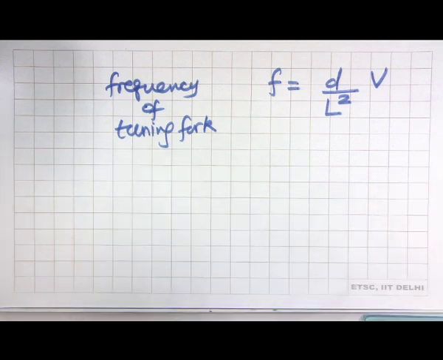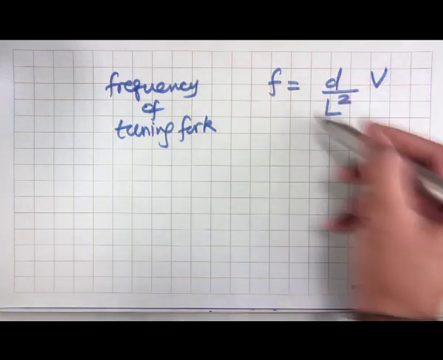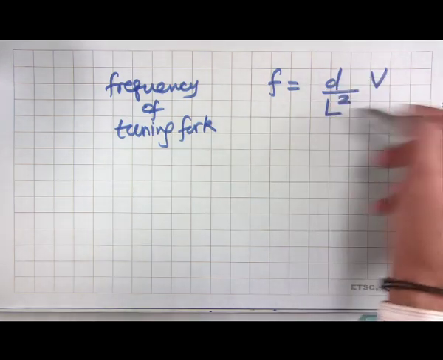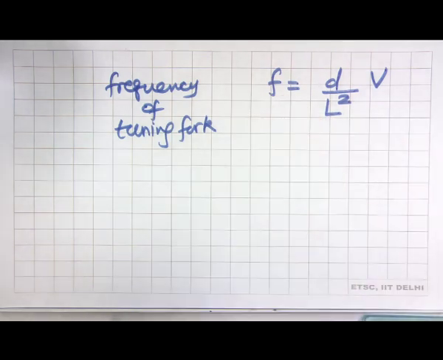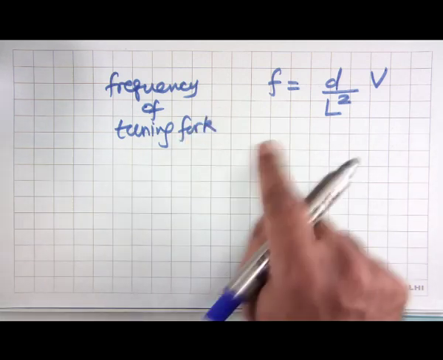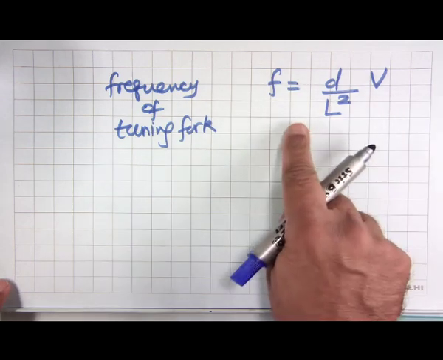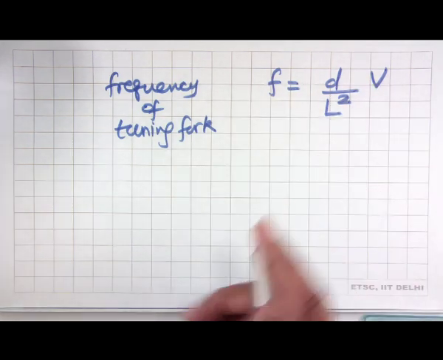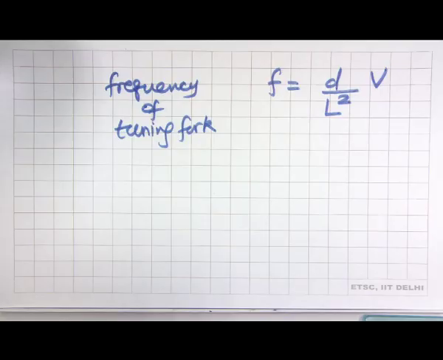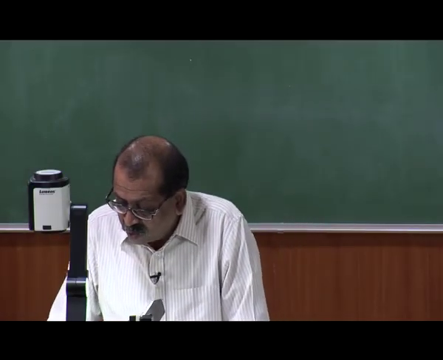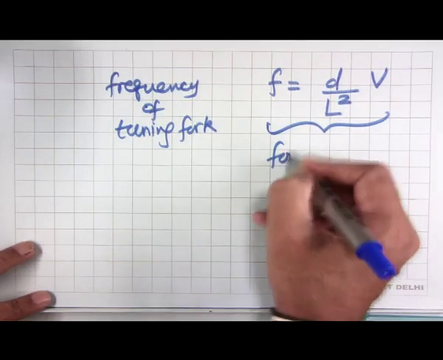Now, a formula like this cannot be predicted by dimensional analysis, even though we have 3 quantities on the right hand side and 1 quantity on the left, so totally there are 4 quantities. And if you realize the reason why dimensional analysis cannot be used to predict this, it is because there are only 2 basic variables, L and T, in this. So that means at most 3 quantities we could have related. So, this formula cannot be derived